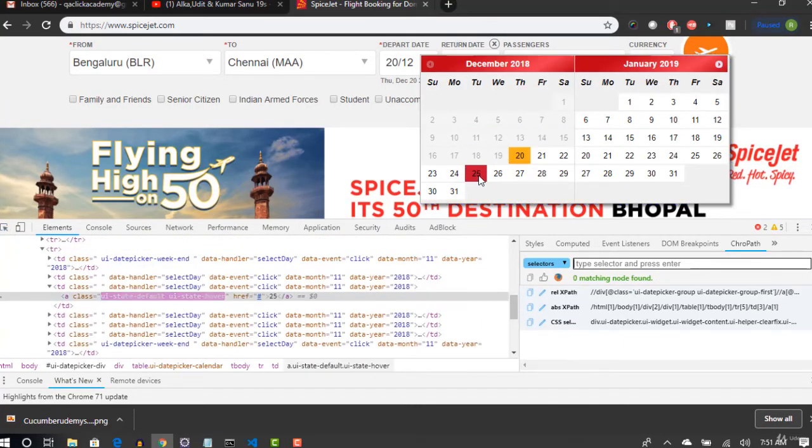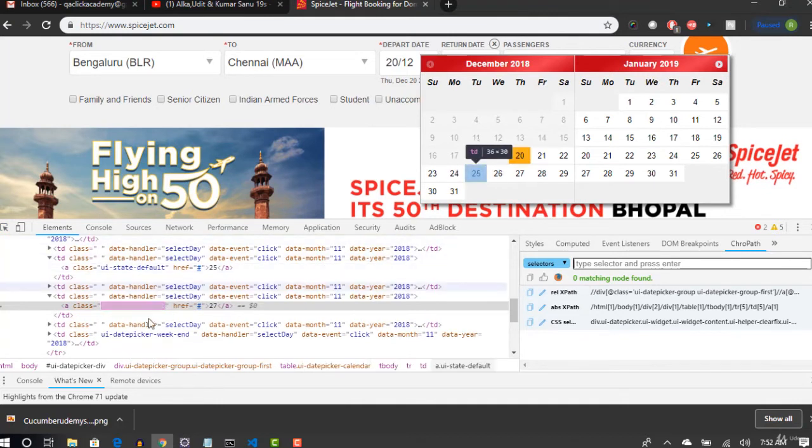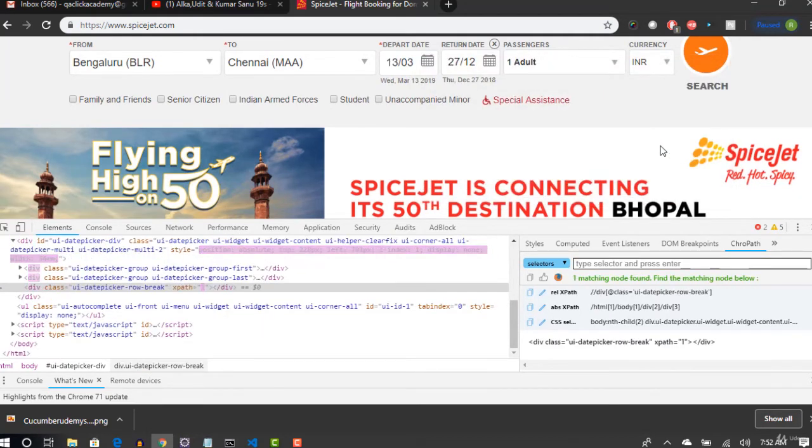Now when you click on 25, UI state default. Select 27, UI state default. So all these classes will have the same UI state default. Then if you want to go and select some March 13th, how do you do that? So this I have explained clearly in one separate section. That involves some looping and grabbing the objects into a list and iterating through it. So this topic I have clearly explained probably after 3-4 sections.